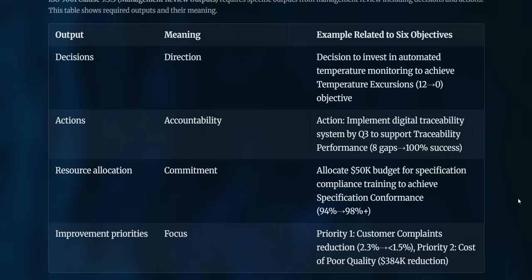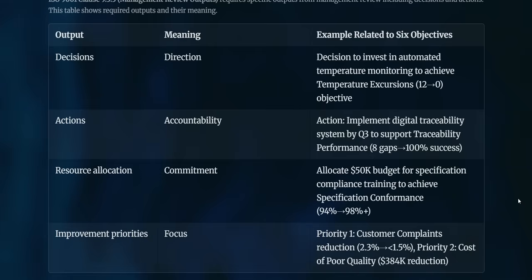The first output of our management review is decisions. Decisions from management review mean strategic direction. An example of a decision related to our objectives is to invest in automated temperature monitoring to achieve temperature excursion elimination from 12